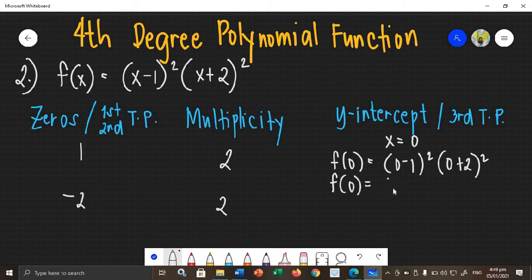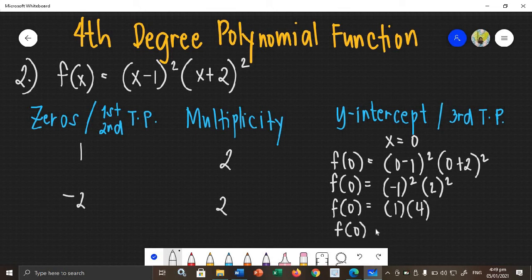So 0 minus 1, that is equal to negative 1 squared, times 0 plus 2, that is 2 squared. So f of 0, negative 1 squared, that is equal to 1, 2 squared, that is equal to 4. So f of 0, yung y-intercept, or yung value ng y mo is equal to 4. Okay? But then,